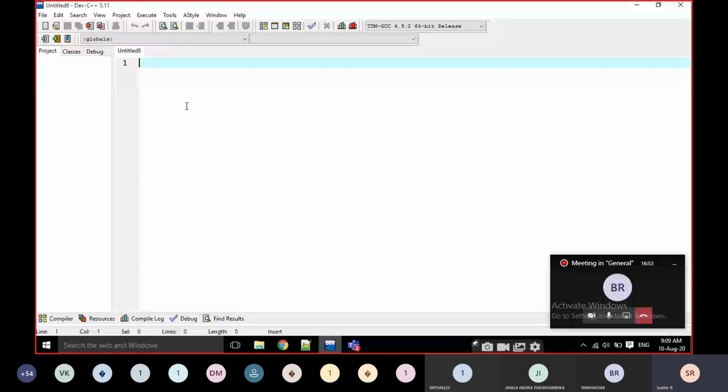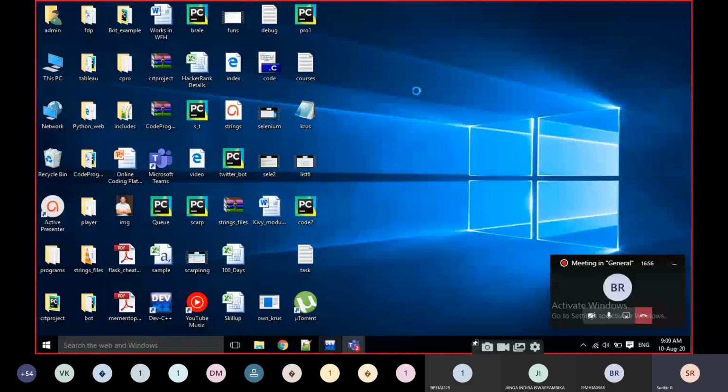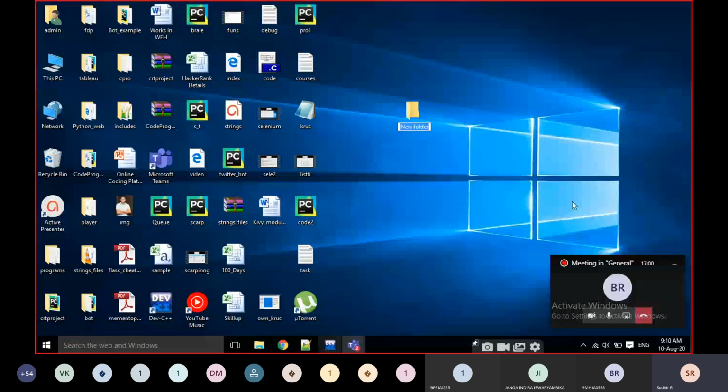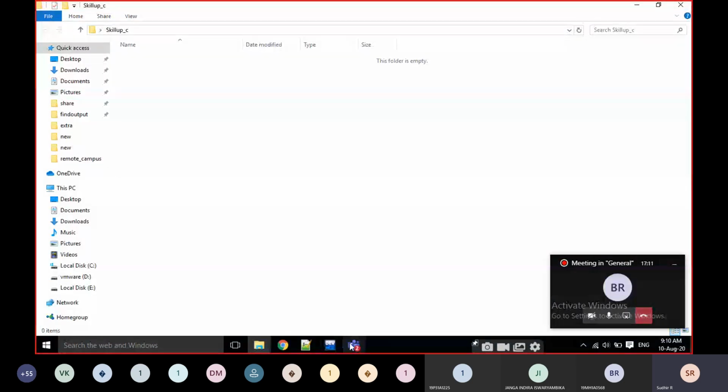Then how to save it? Here I am creating one folder for you, skillup_c. I am going to save all your programs in this folder.